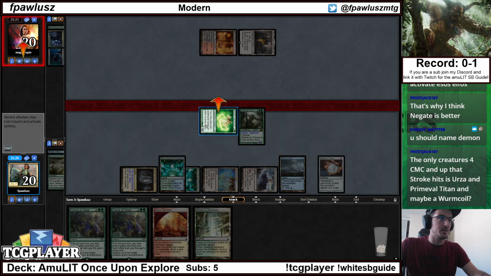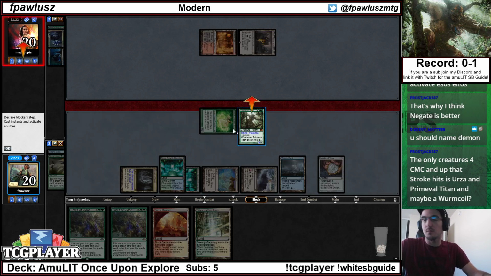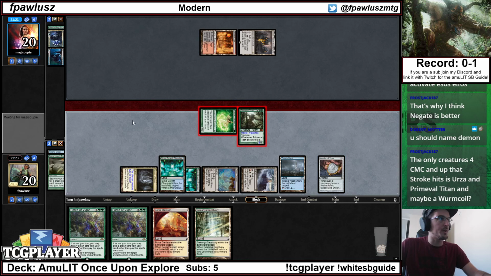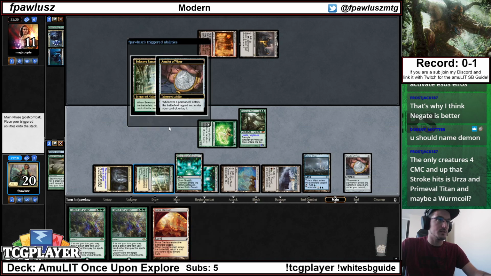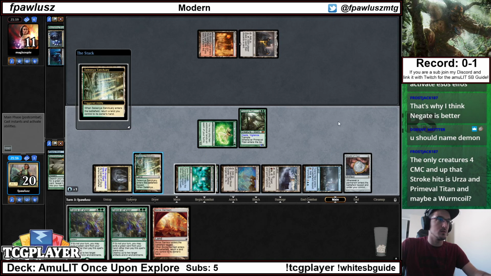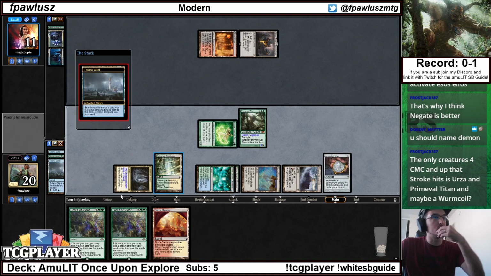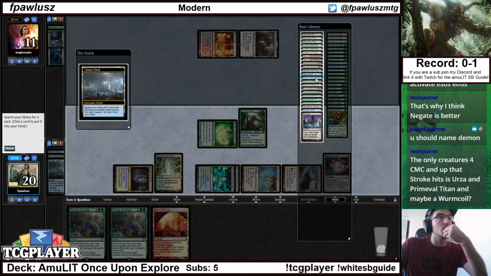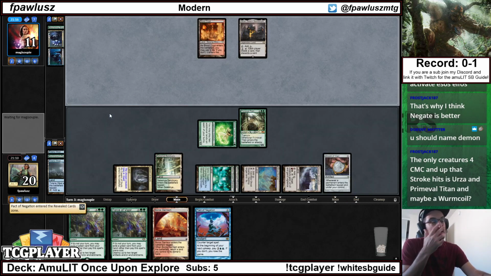Bounce the Sanctuary, whatever. Only creatures for commission that Ursa and Premier Titan, maybe Wormcoil. Wormcoil never matters. Thought-Knot Seer matters, though, out of Tron. But that's about it. But yeah, Ursa is... Even though I have not faced a single Ursa deck in 2 weeks or maybe more, Ursa is still a very large percentage of the metagame, so...